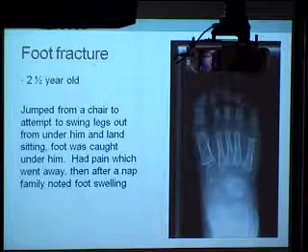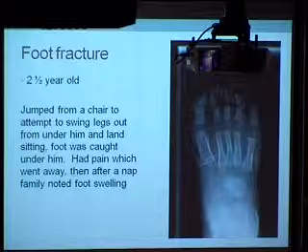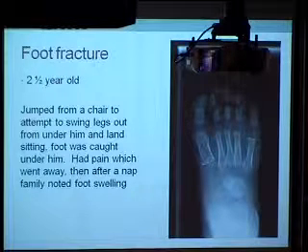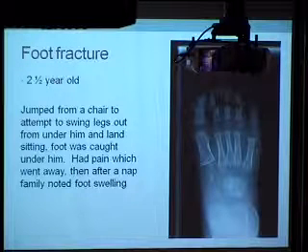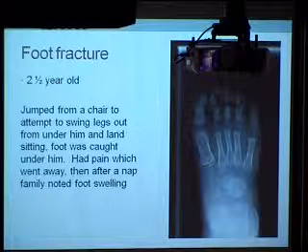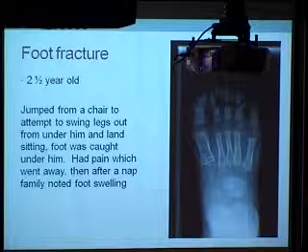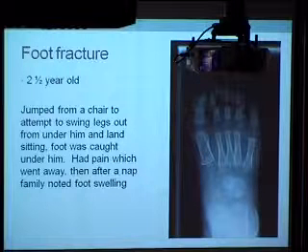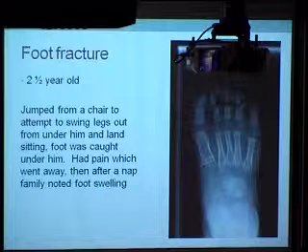And here's another one. This was kind of a goofy one. It's not a long bone fracture. It's a foot fracture. This is a 2.5-year-old who liked to jump a lot, would jump from their bunk beds with his brother, would climb up on countertops. The mother was just distraught that she couldn't keep this kid safe. He was standing up on a bar stool and jumped up and planned to land on his butt, but didn't clear this foot and came down on it.